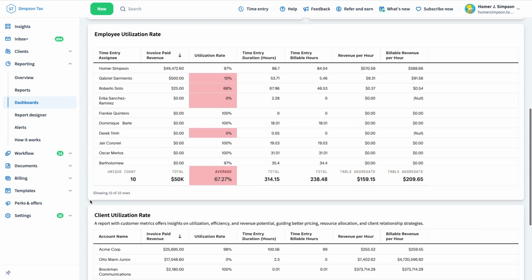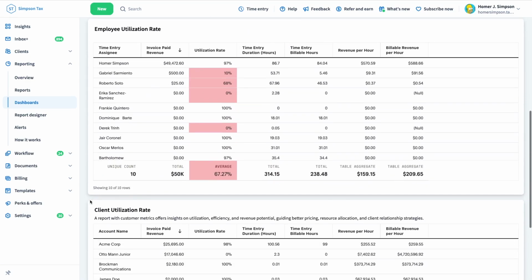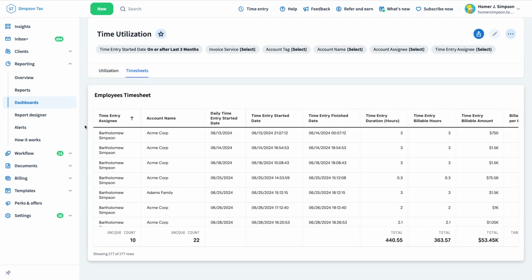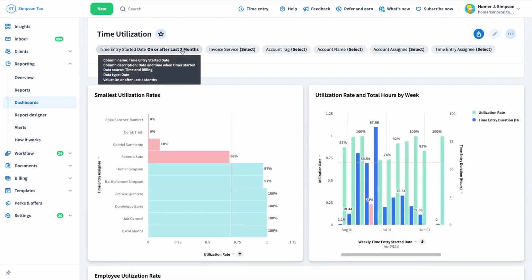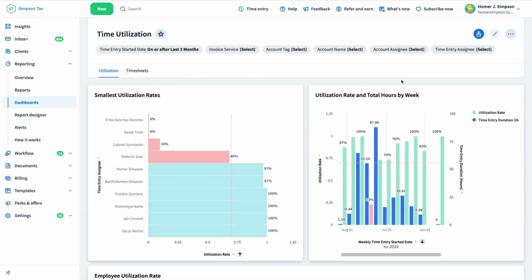Let's see how this dashboard can be used to understand and optimize your team's productivity effortlessly. Inside this dashboard, you'll discover various reports on how team members utilize their time, as well as timesheets for all team members, displayed on different tabs. As a firm owner, you can choose any time frame and see detailed breakdowns of hours filtered by specific employees,